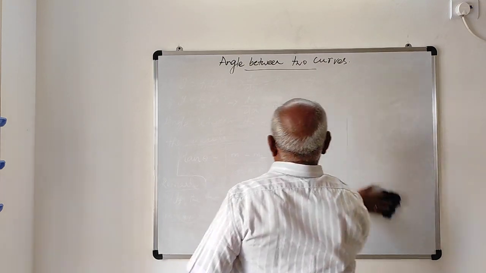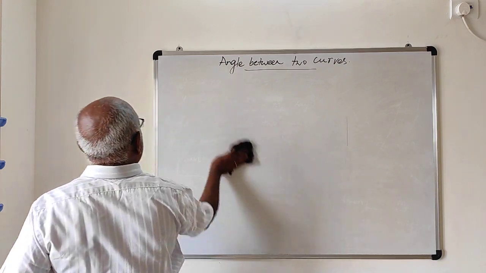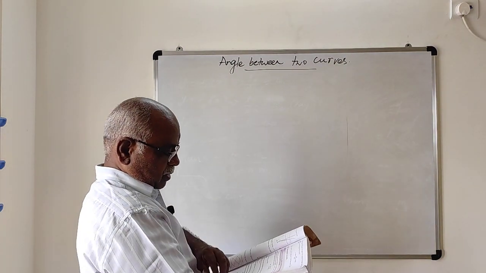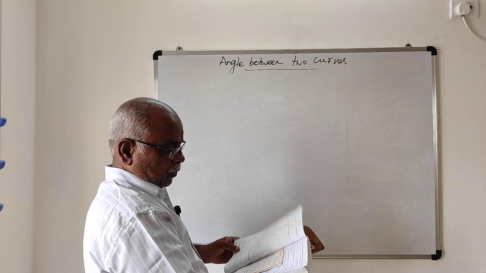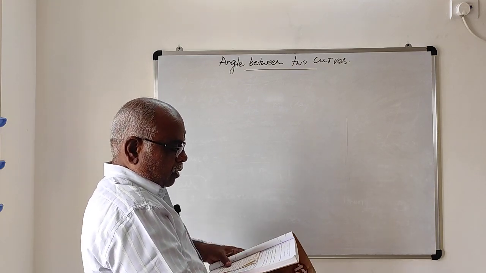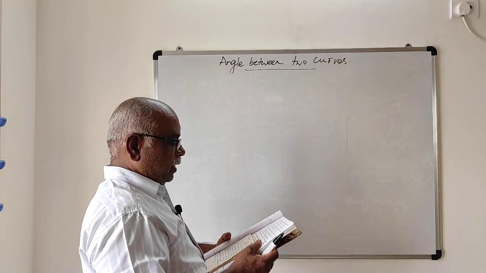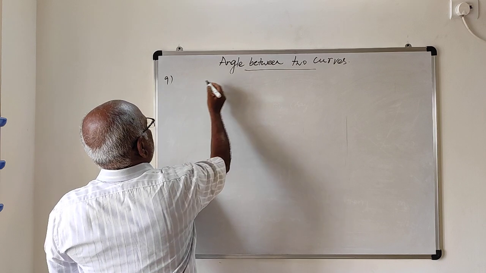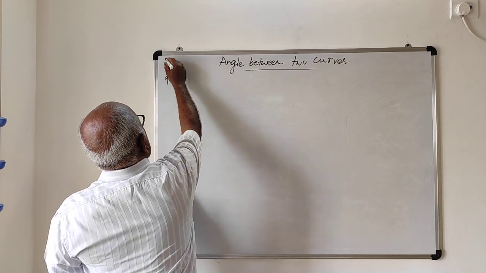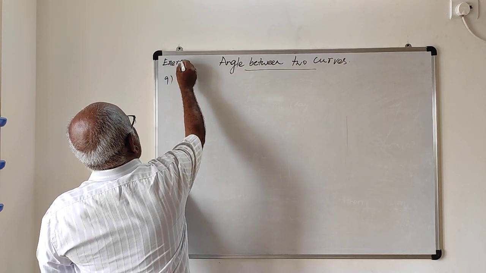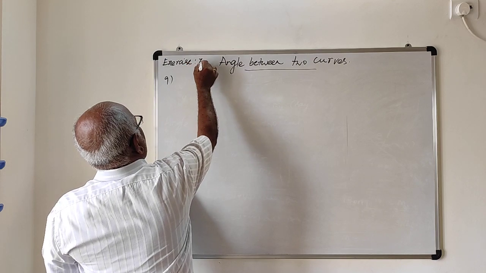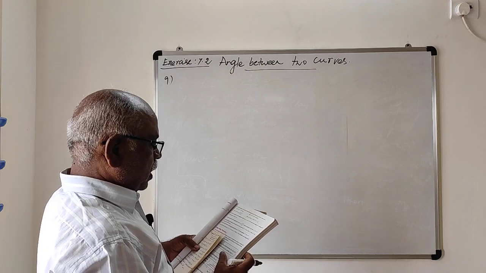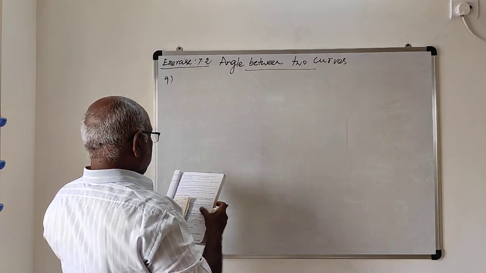Now we will solve the problem given in your textbook. Exercise 7.2, ninth problem: find the angle between the rectangular hyperbola